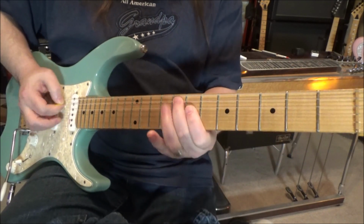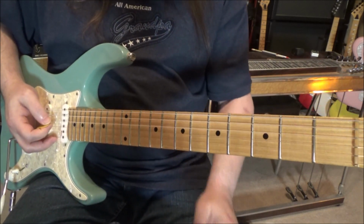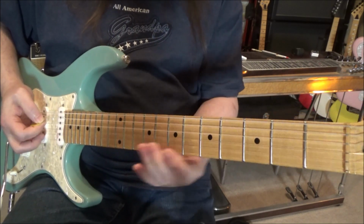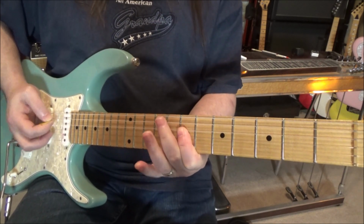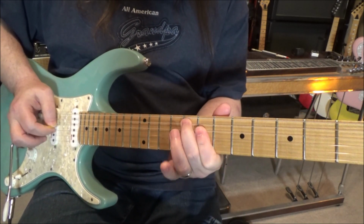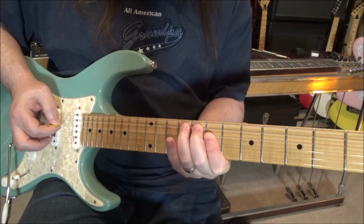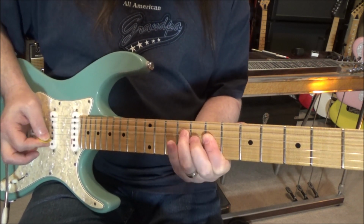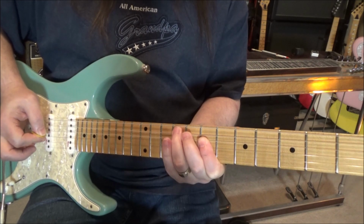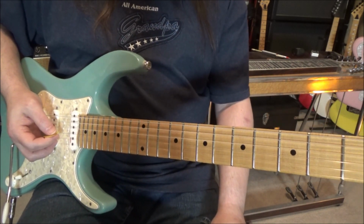Okay. Like that. Okay. So again. Now. Okay, that's hammering on the D string from 7 to 9. Okay, slow again. Okay, so you have a hammer on here. Now we do what is very cool. If you've done that kind of stuff,